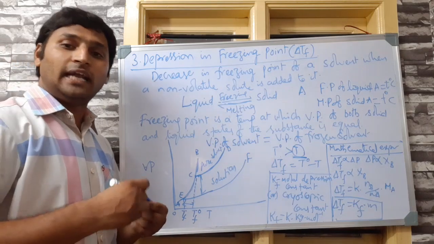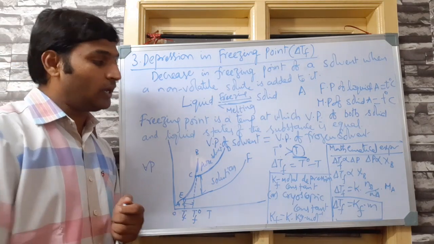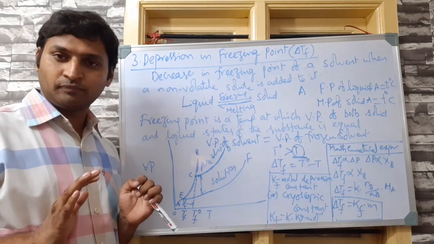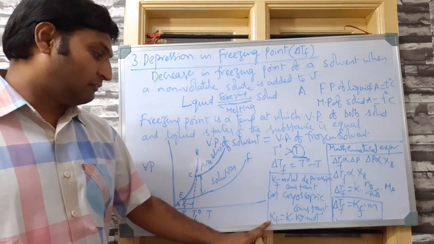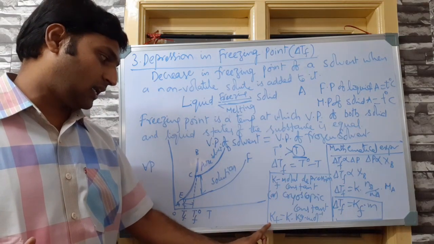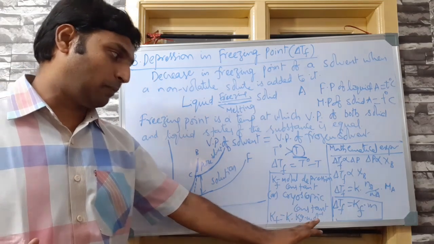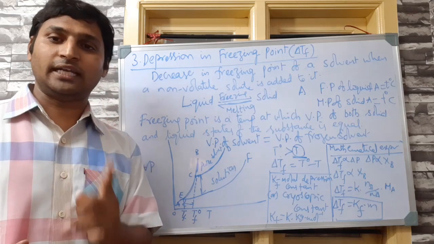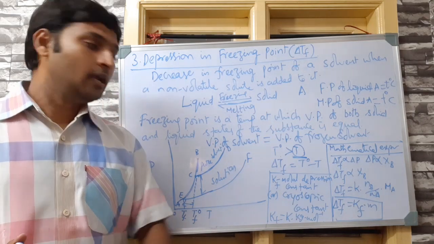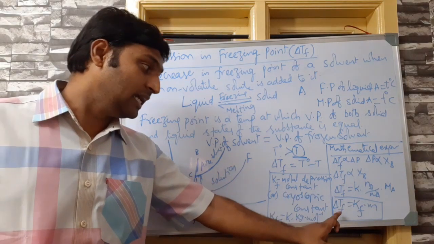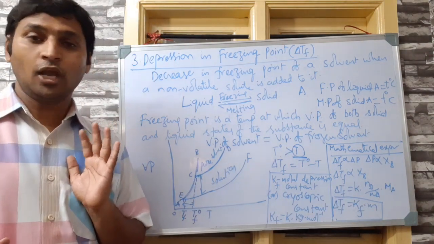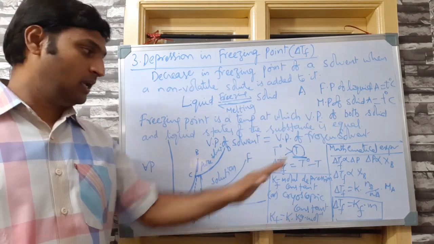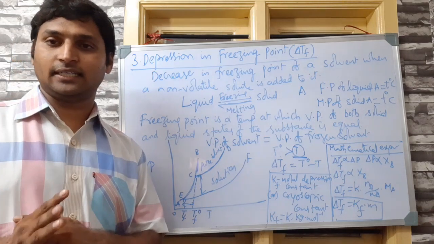Kf is equal to delta Tf by m. Delta Tf also is expressed in Kelvin. Molality is expressed in mole per kg. Absolutely identical. No difference whatsoever. So that's how the molal depression constant Kf has the units Kelvin kilogram per mole, and delta Tf is equal to Kf into m. So the mathematical expression for elevation in boiling point is delta Tb is equal to Kb into m. The mathematical expression for depression in freezing point is delta Tf is equal to Kf into m. Only the physical picture and the graphical understanding I had to take some time, otherwise mathematically both are absolutely identical.